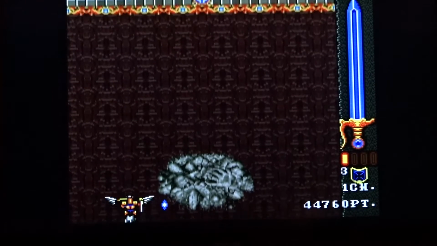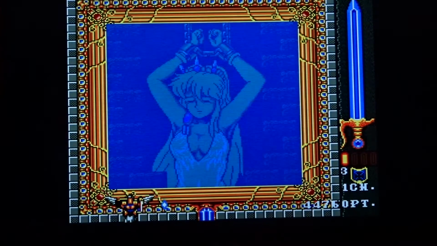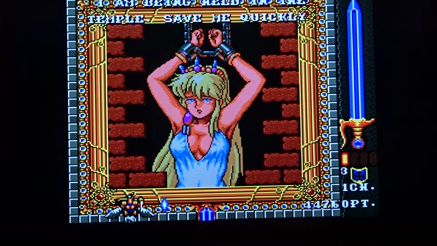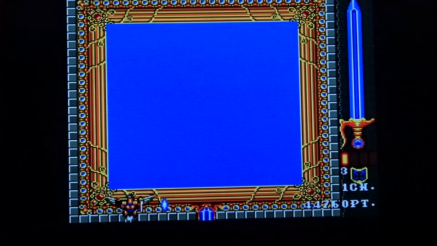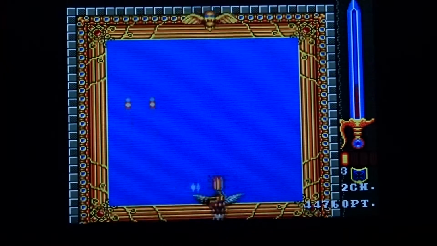Alright, so now we're going to get to see that Artemis is in peril with this pervy little shot. And she's telling you her update, but what's interesting is there's even voice. You probably can't hear that too well, but yeah, quality Genesis chip sound voice, which is very advanced for its time, I suppose. So now we're getting into Chapter 2, which is called Death Dungeon,